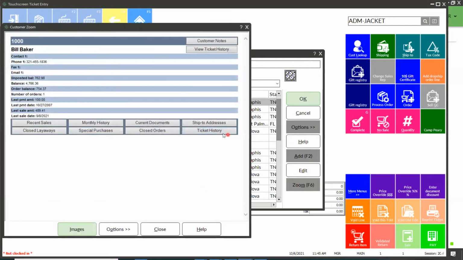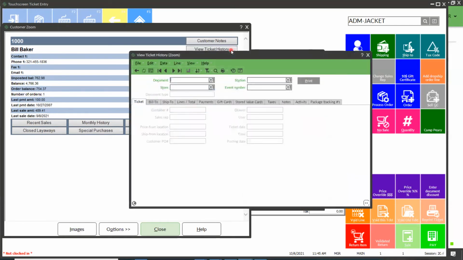Okay, and a lot of people see this ticket history here, and so they kind of gravitate towards that. I mean, that's okay, but it's a lot of clicking to find the information that you need. So something that's just a lot easier is this, view ticket history. When you go into view ticket history,